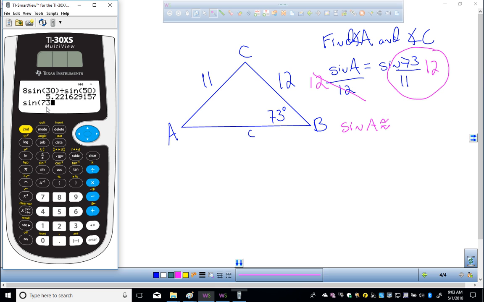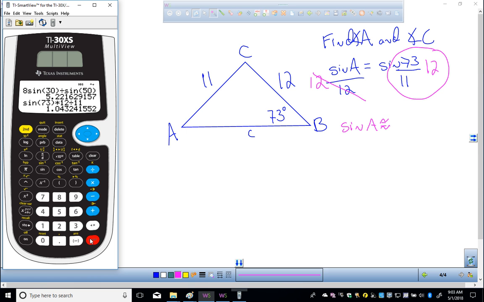If you have an older calculator, someone, I think like Jacqueline has that kind, you might have to go 73 and then sine. Some of them work kind of backwards. I'm not sure on that one, but if you run into problems, that's probably why you're getting the wrong answer. Sine 73 times 12 divided by 11 equals,